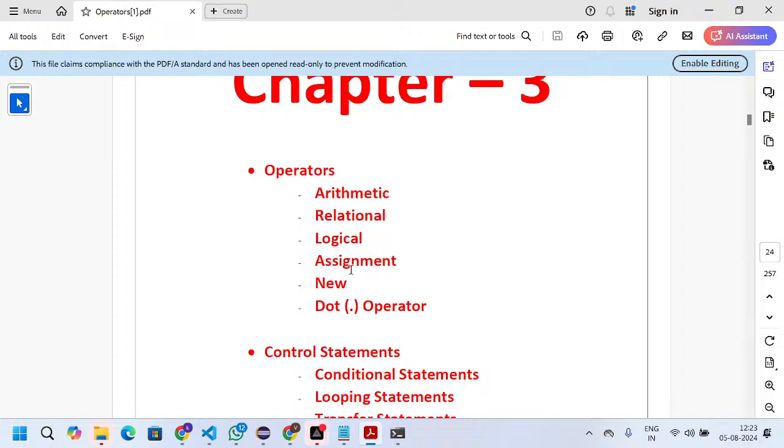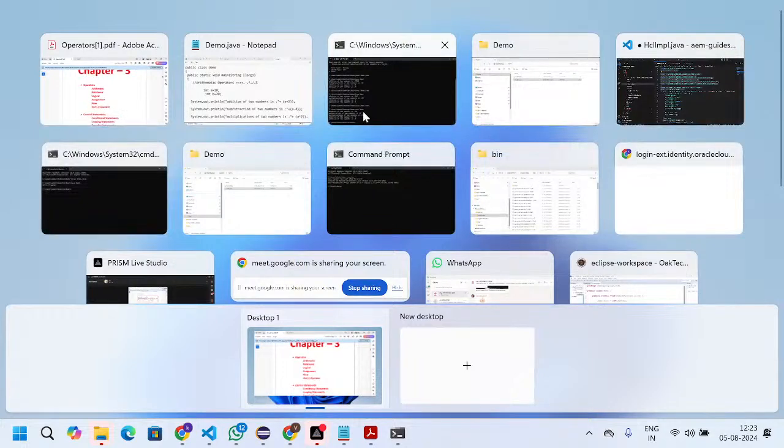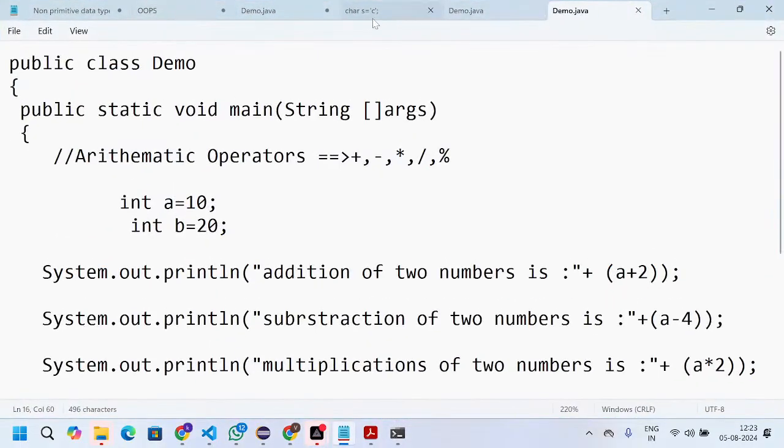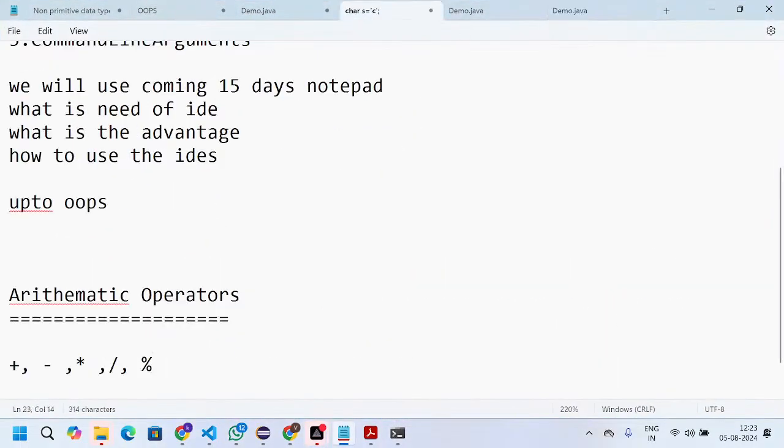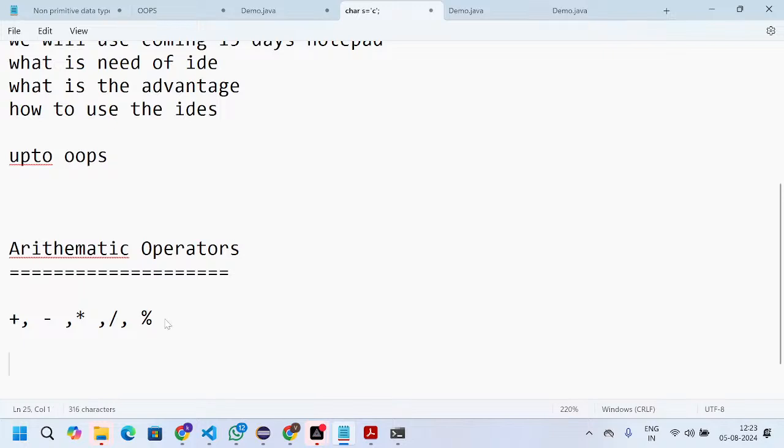We'll discuss the assignment operators. In the assignment operators, they are used to assign the values.